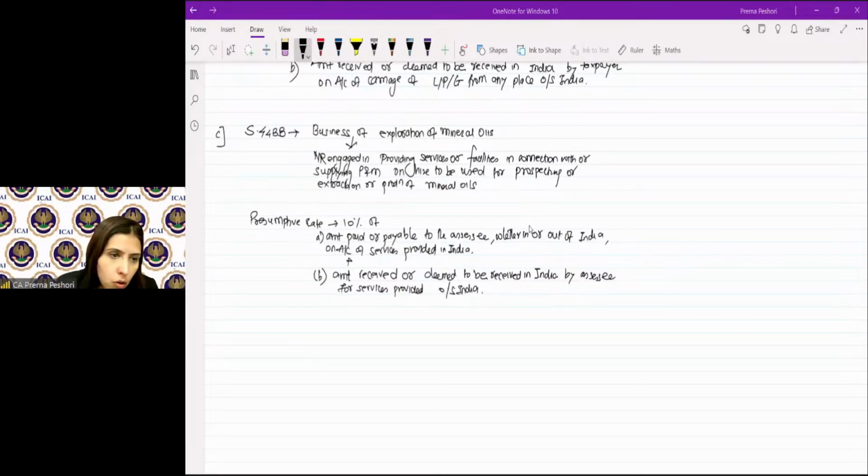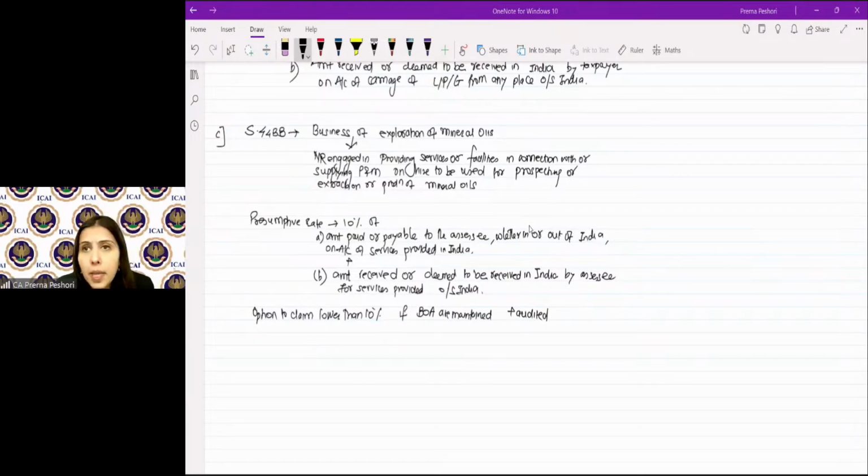So, option to claim lower than 10% if books of accounts are maintained plus audited. Under 44B, 44BB, 44BBA,